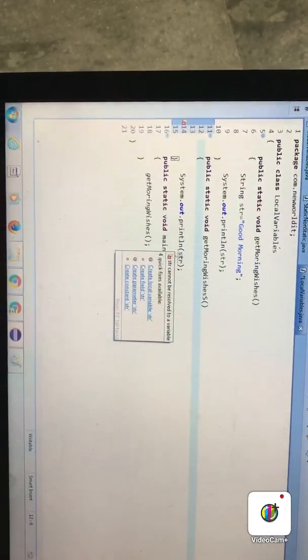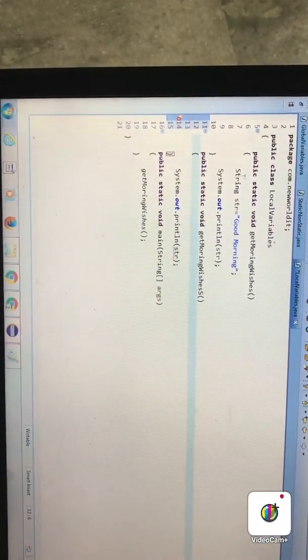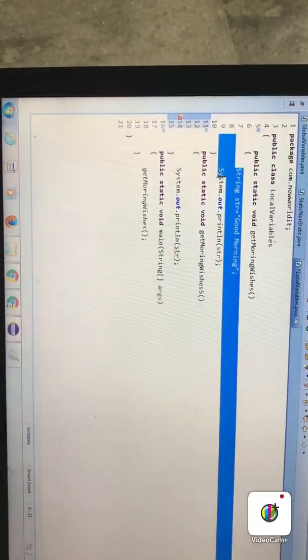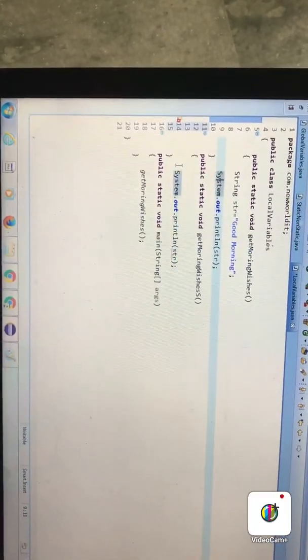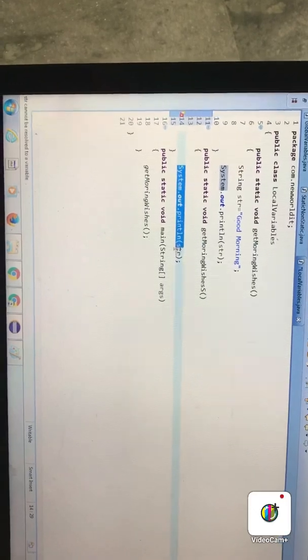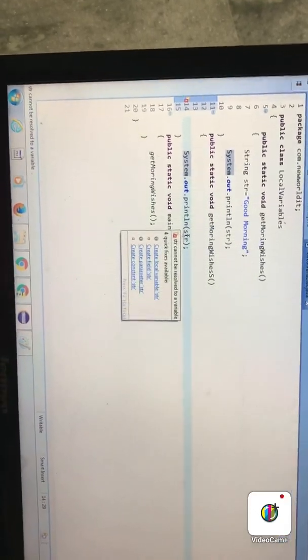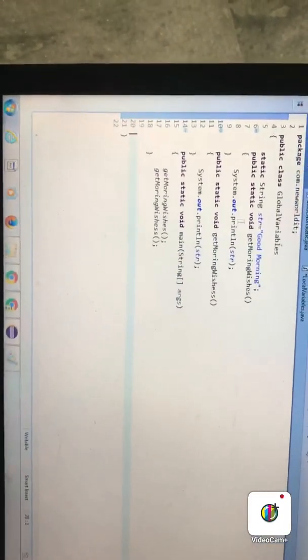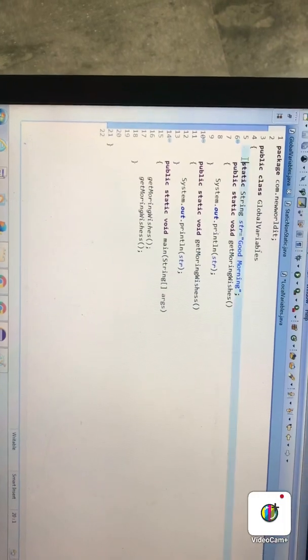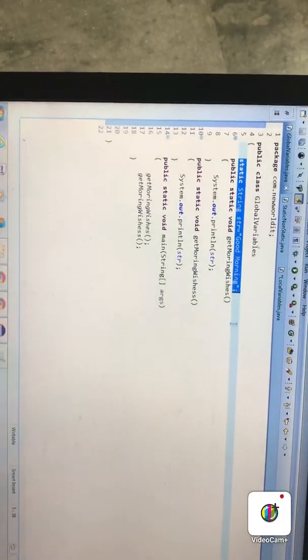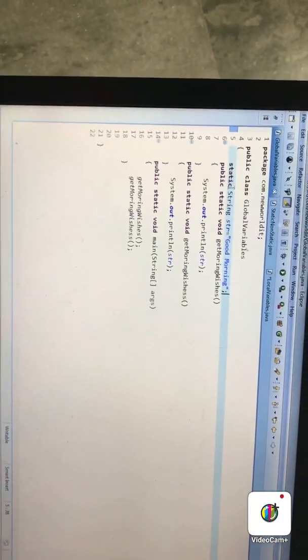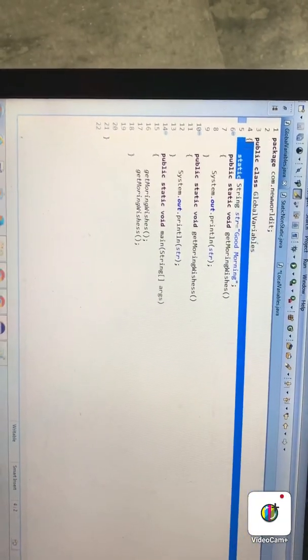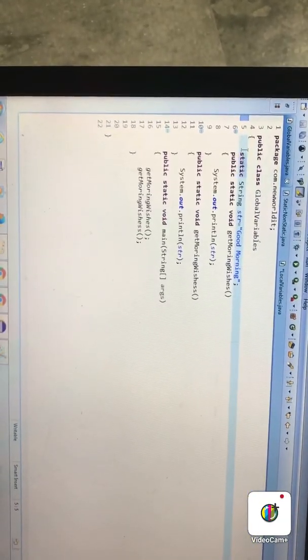So as we know, local variables are declared and accessed only within a method. If I try to access it in another method, then it gives me a compile time error. So create a local variable in this way, where we can see that in global variables I already created a variable static, and I will explain what static and non-static mean in the next video.